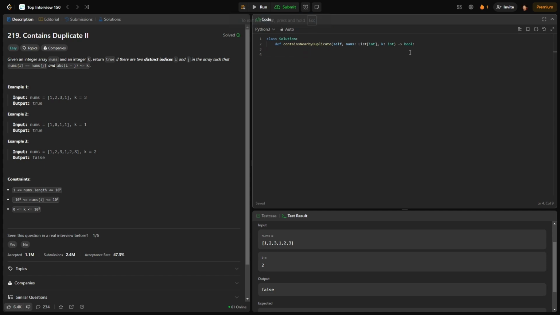Now let us jump to the Python solution for the problem. Let me initialize the dictionary first. So dictx is an empty dictionary, and then we are going to loop through. For i in range 0 to length of nums, if nums of i is not in dictx, then dictx of nums of i equals i,